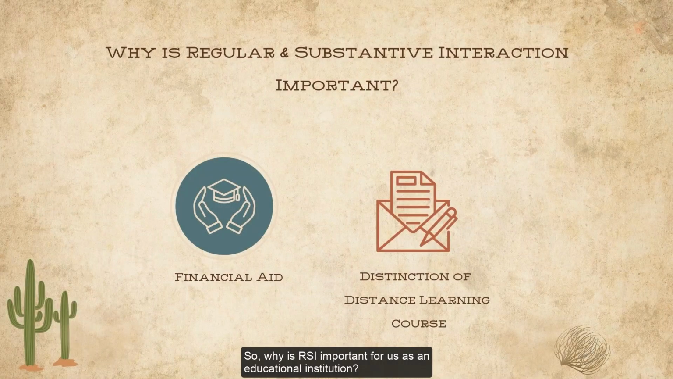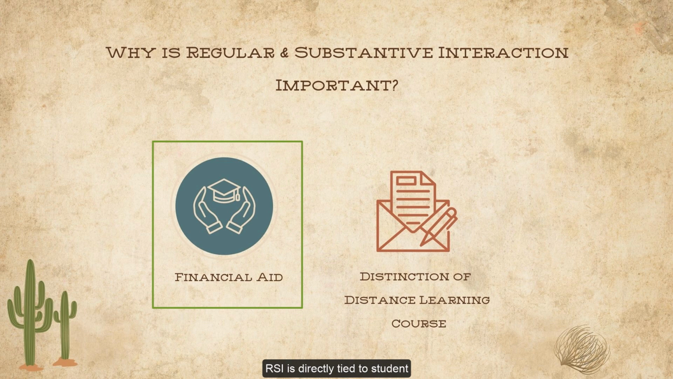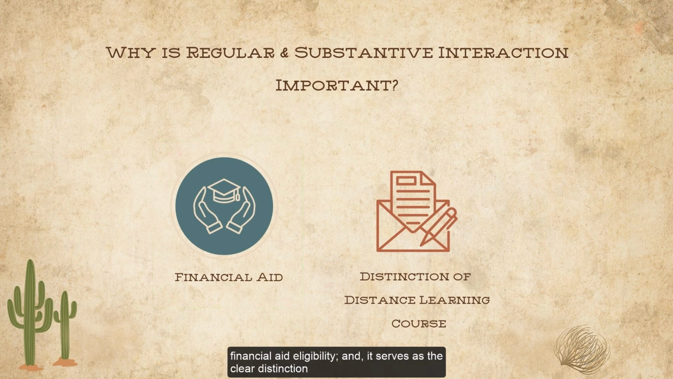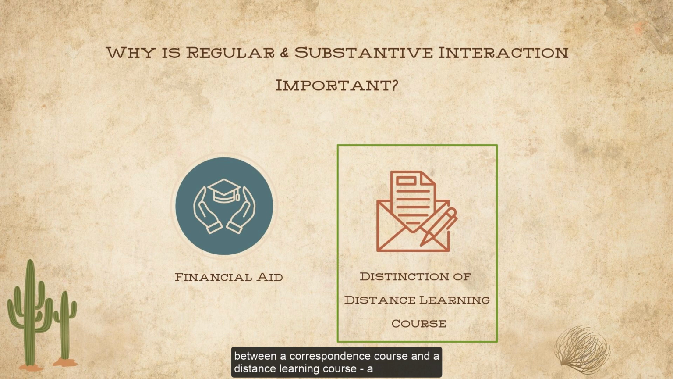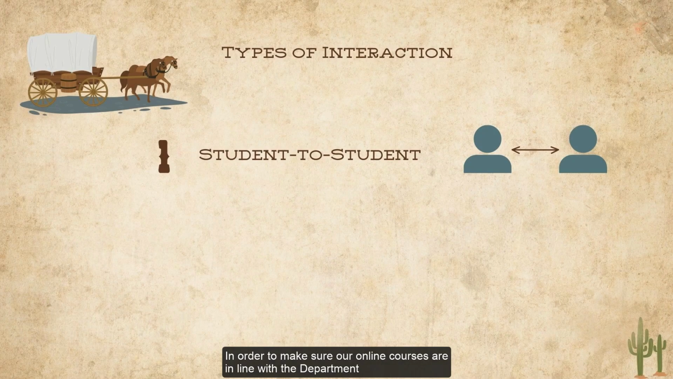So why is RSI important for us as an educational institution? RSI is directly tied to student financial aid eligibility, and it serves as the clear distinction between a correspondence course and a distance learning course, a distinction that may impact a student's financial aid. In order to make sure our online courses are in line with the Department of Education, you must use interaction